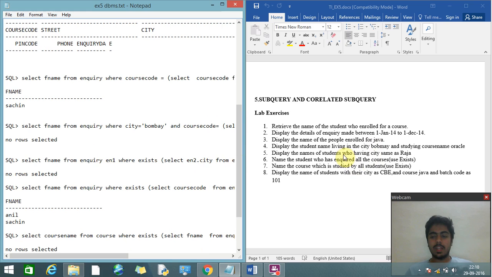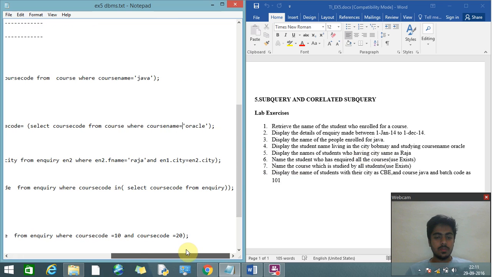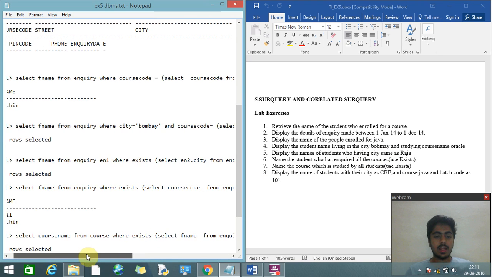Now the next statement is to display the names of the students who have the same city as Raja. How many students have that particular city?